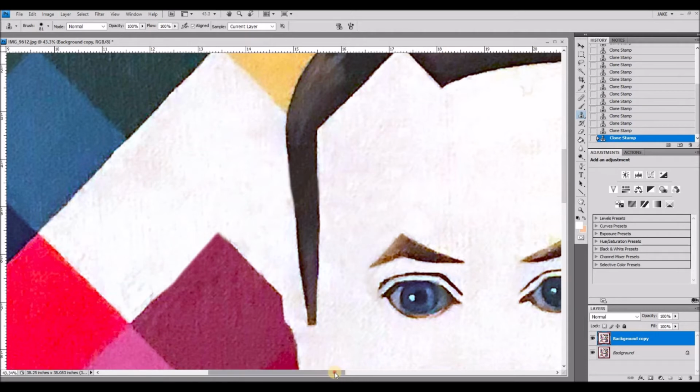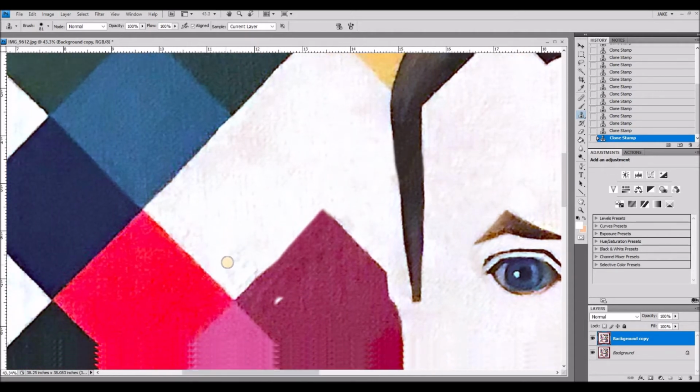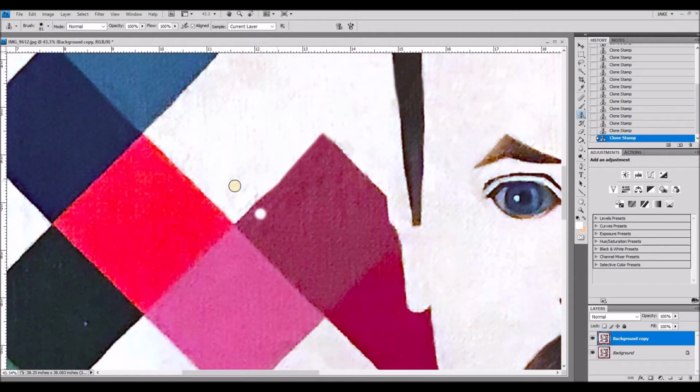So what I'm actually going to do is show you another quick trick, and this especially works well with this image because it's made up of same sized squares all throughout. So I'm going to click on the magic wand tool and click on this red square, and you can see how it is only selecting this red area. Now I can move this, just the selected area, over to the maroon square, line it up with where I want it to be,